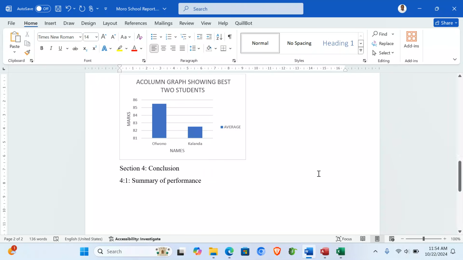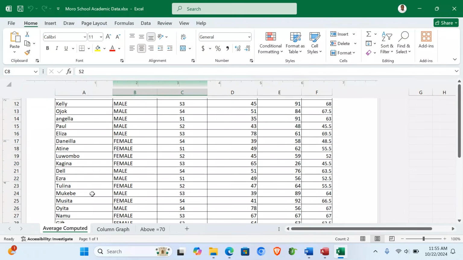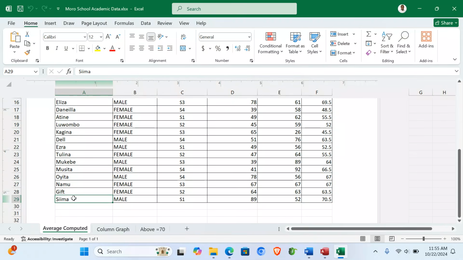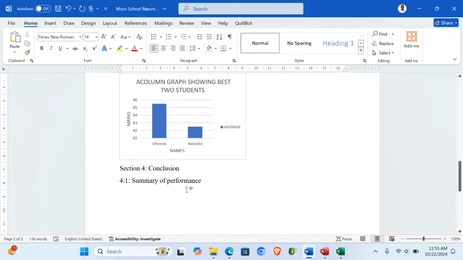And we say that, for example, when you look at these students here, these are 28 students. Yes. So we can say that a total of 28 students